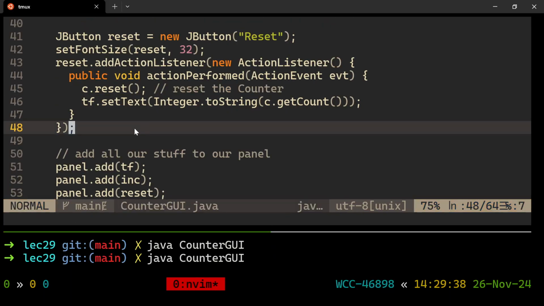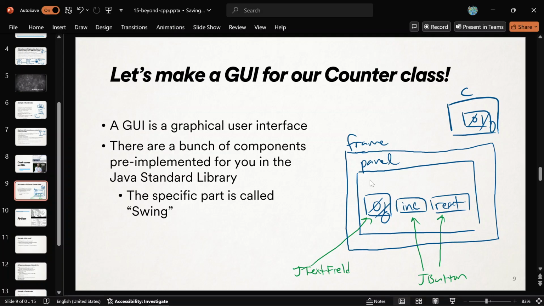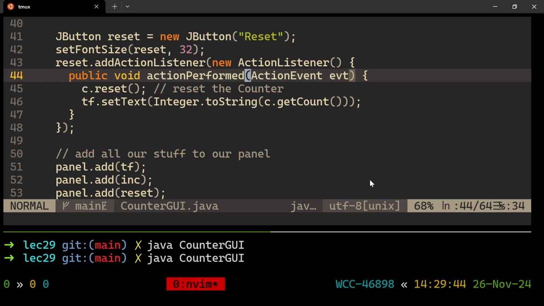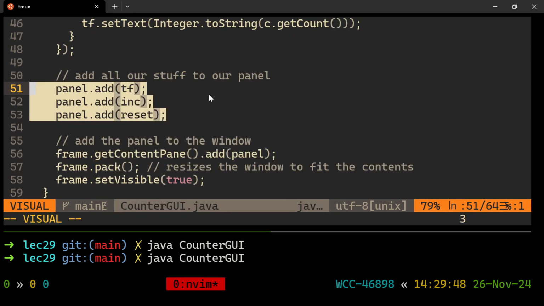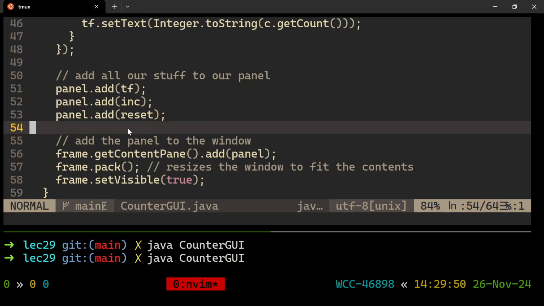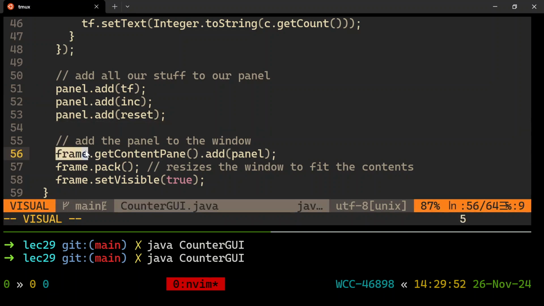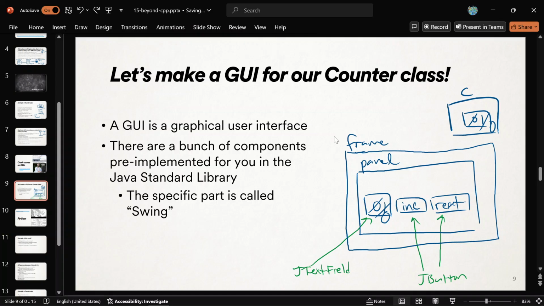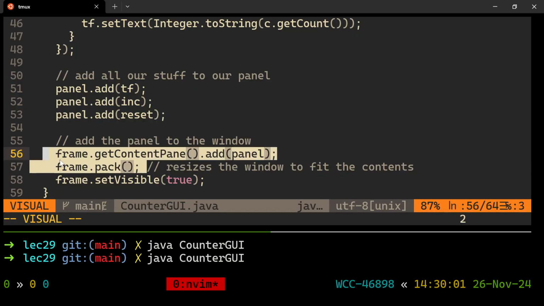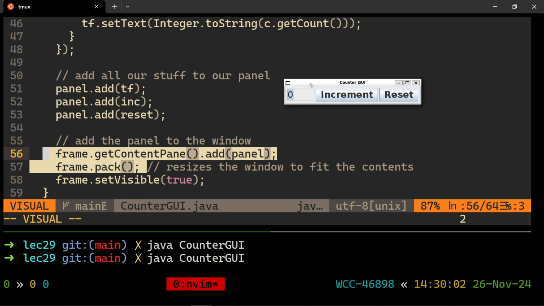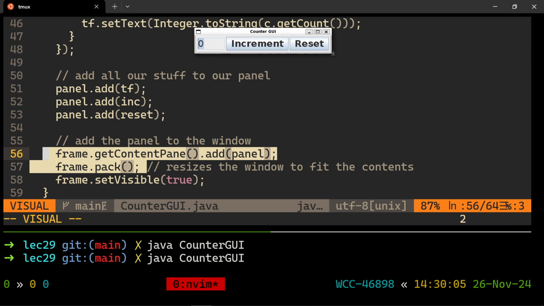And that's most of it. I've made all these things separately. I have to give them to the panel in the order that I want them to be displayed horizontally. So I give the text field first, then the inc, then the reset. I add them to the panel with the panel's add method. And then I tell the window itself. The window is the frame, right? I add the panel to the frame. I hook that into the window itself. It wasn't in there yet. Now it is. And then this .pack, all that means is by default,